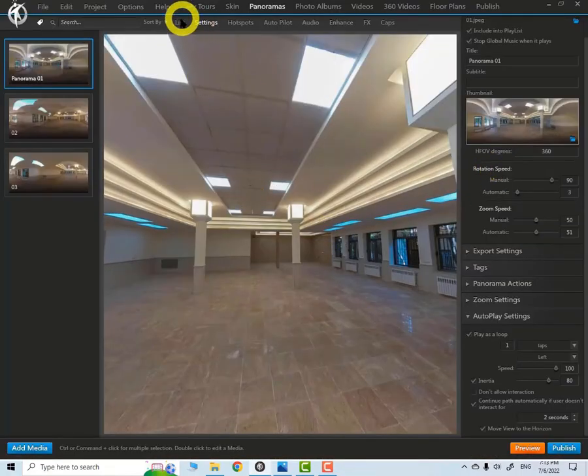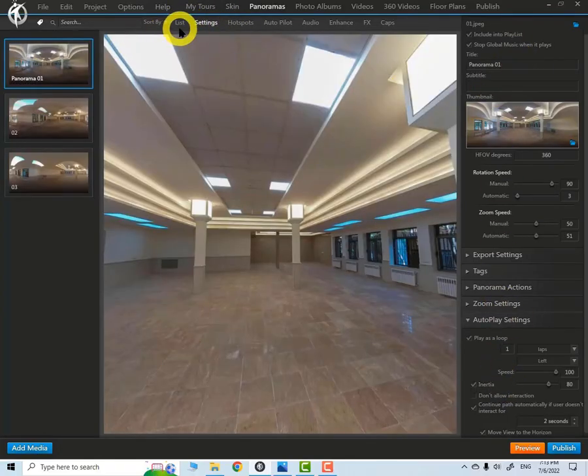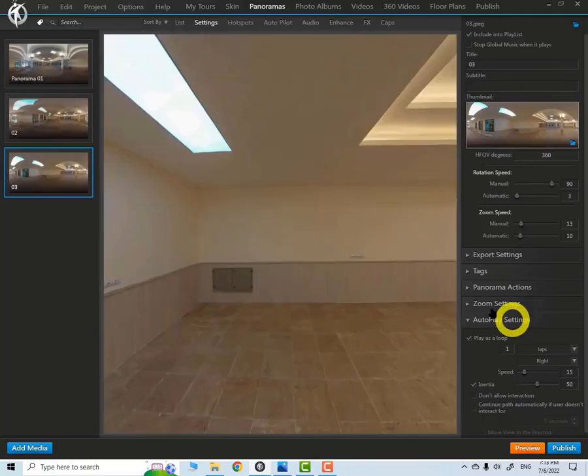So these were all the settings we chose for a panorama, which were also available in the list section. These were also available here on the side in the settings section. However, we can only adjust these settings for each individual panorama in the settings section. If we want to apply some of these general settings to all of them, for example, if we don't want